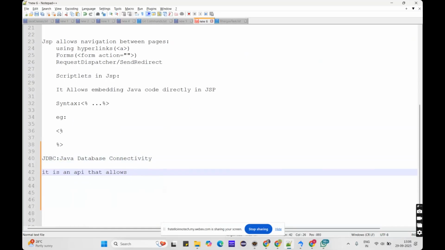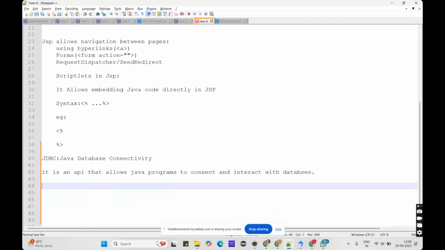So we can connect to the database and interact with the databases by using JDBC only, which allows Java programs to connect and interact with the databases. From our program we can connect to the database and